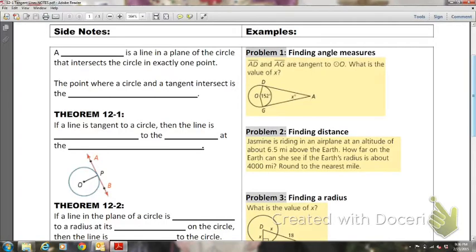In this lesson, we'll be learning about tangent lines. The objective is to use properties of a tangent to a circle. So what is a tangent to a circle? A tangent to a circle